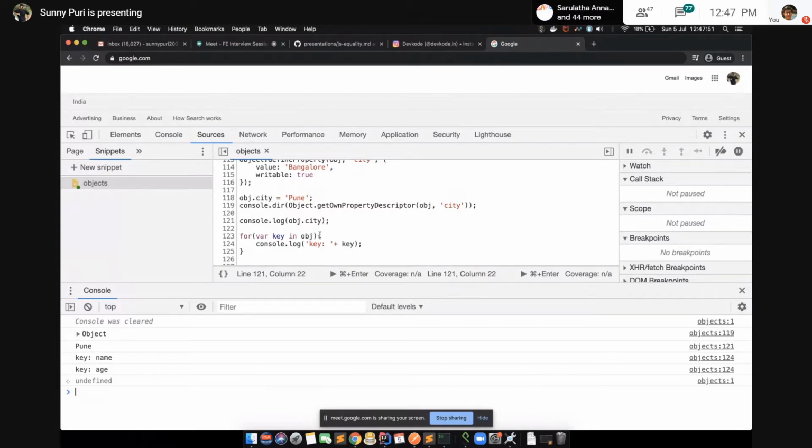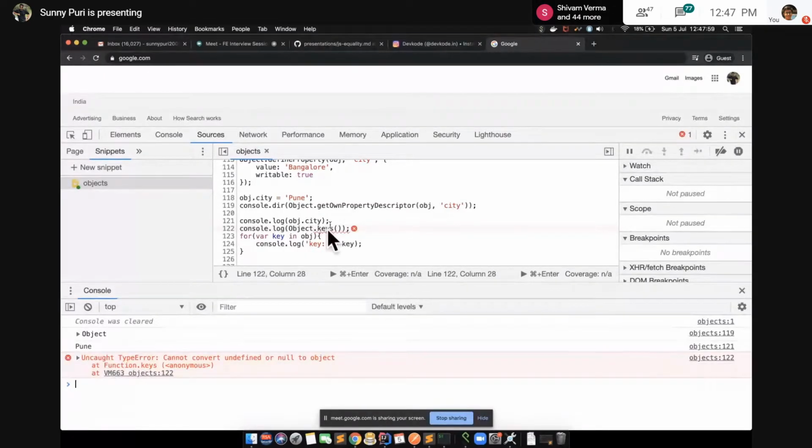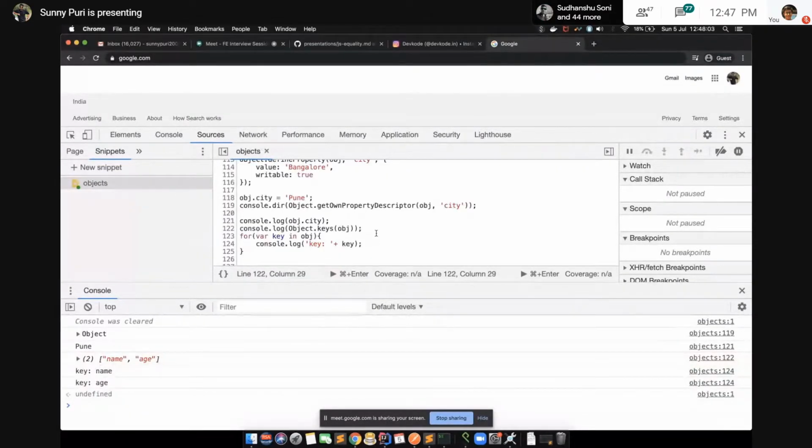Whenever you are going to get this, for example, let's say if I do object.keys, one second, sorry, object.keys obj. This is a static method. If you want, you can go through it. It will be reflecting the keys.